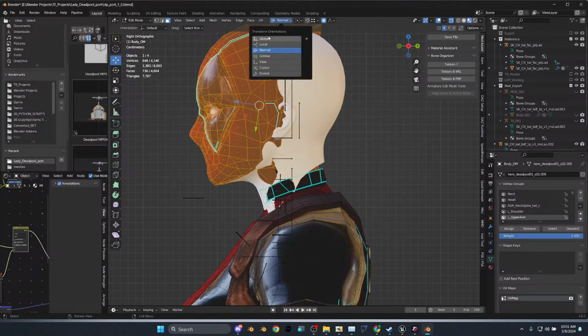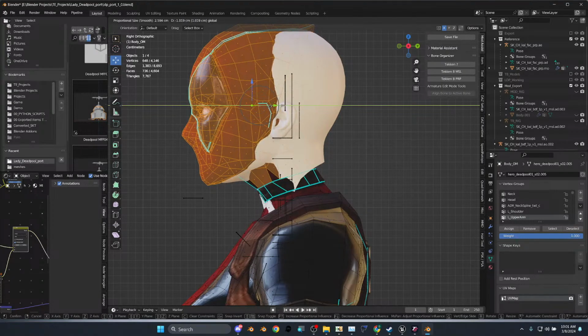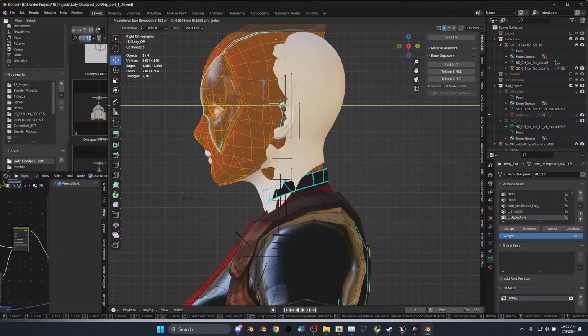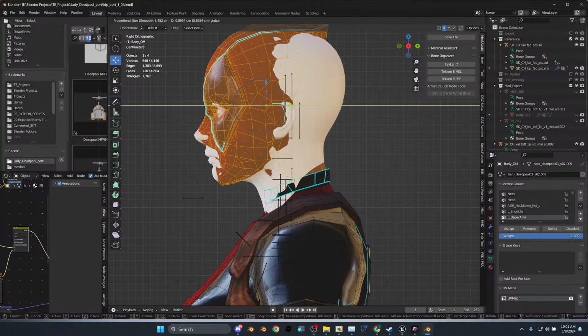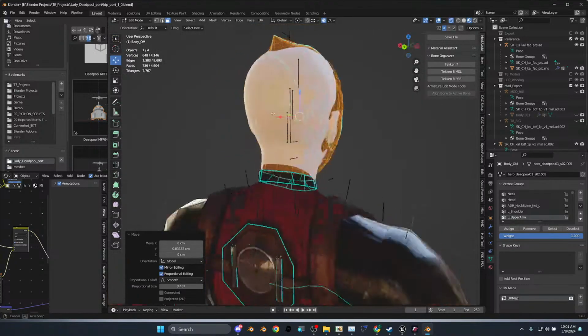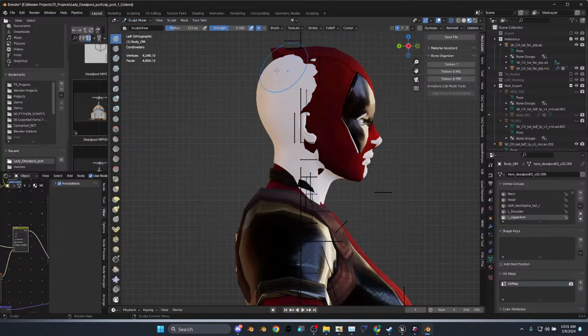Set this to global. So I'm kind of just moving it. I just want to... probably going to end up having to use sculpt mode. So go to sculpt mode, make sure it's set to